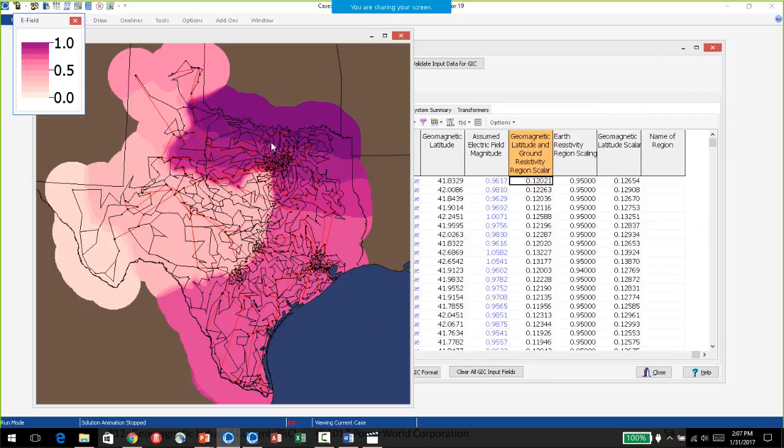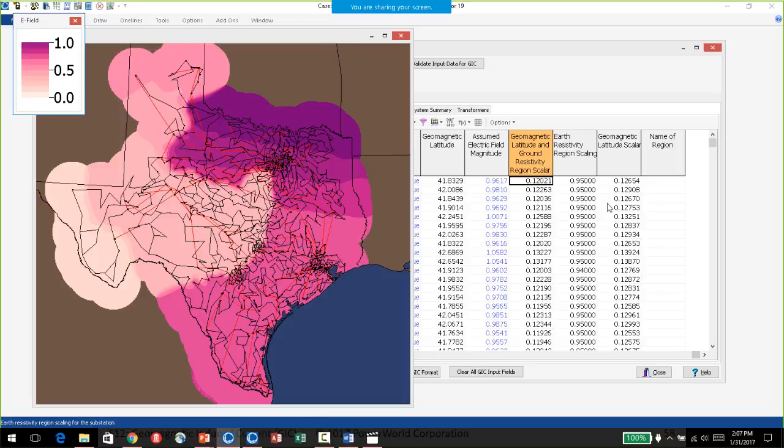So you can kind of tell what's going on. This all seems to be part of the same earth resistivity region, but you're seeing these different layers based on the geomagnetic latitude. And then over here, this is a different earth resistivity region, so that kind of dominates in here.